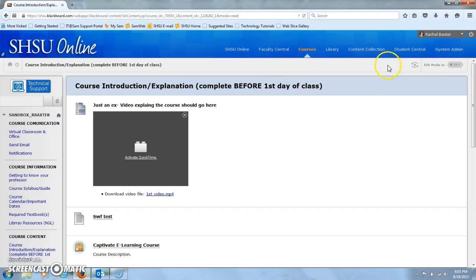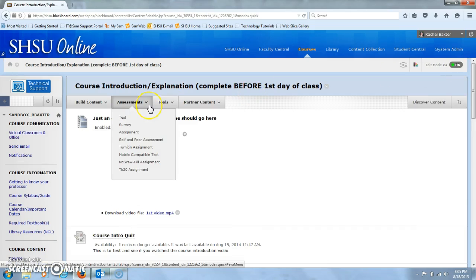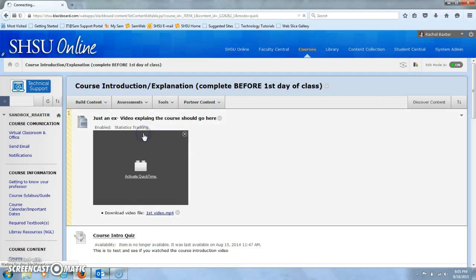And I can't see anything right now. Why can't I see anything? Because this little edit mode right here is off. Click on the edit mode to turn it on. So if you find that you're not able to work, simply look for that little green in the upper right hand corner. Alright, I can literally select right here, go to assignment,